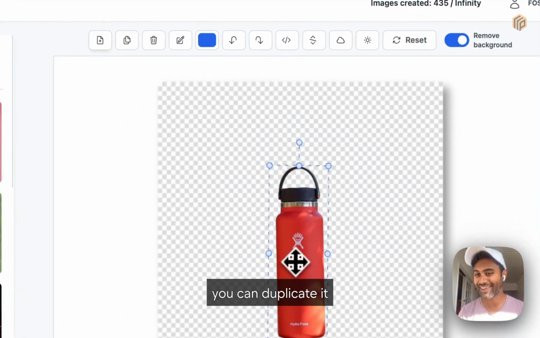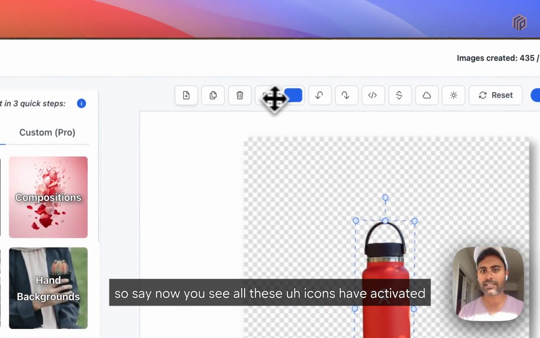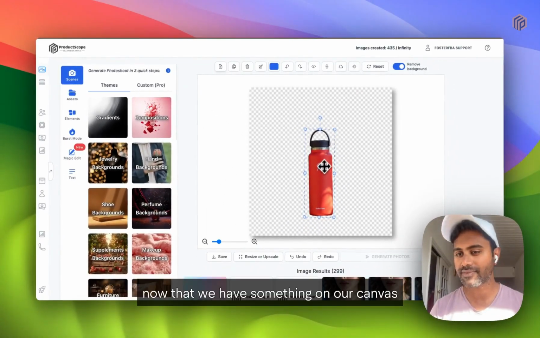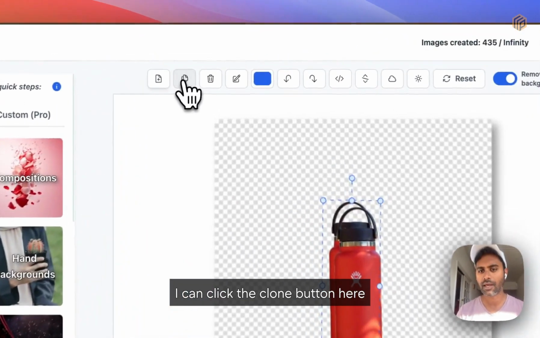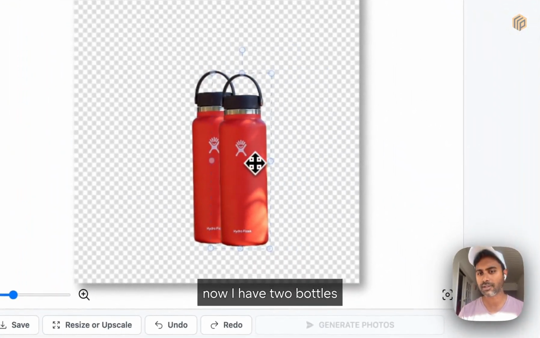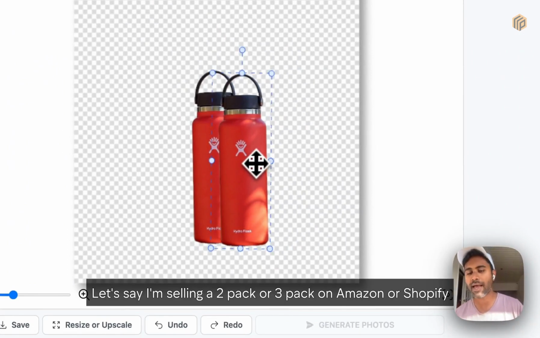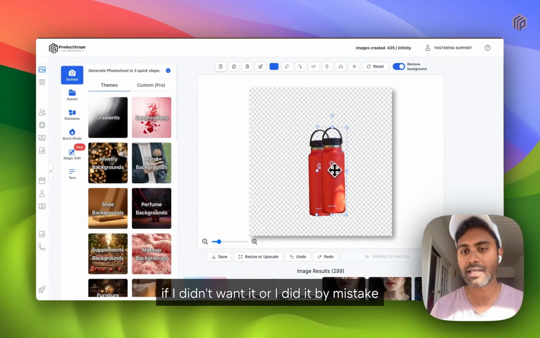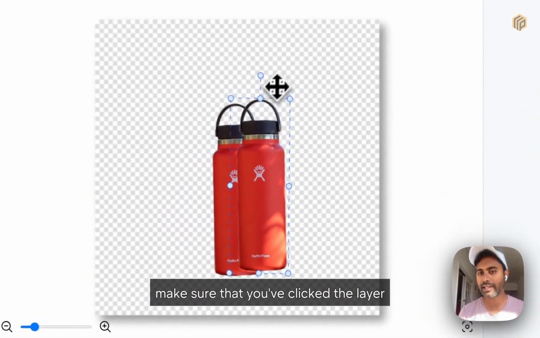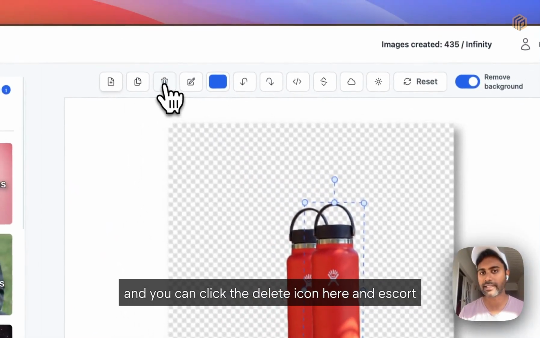You can also duplicate it. You see all these icons have activated now that we have something on our canvas. Say I want to duplicate, I can click the clone button here and boom, now I have two bottles. Say I'm selling a 2-pack or a 3-pack on Amazon or Shopify or wherever, I can create multiples of that specific thing. If I didn't want it, or I did it by mistake, no big deal. Make sure you've clicked the layer that you want to delete, and you can click the delete icon here